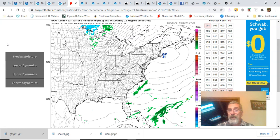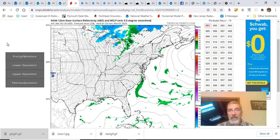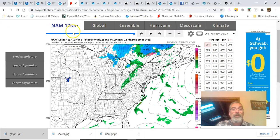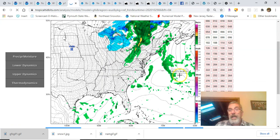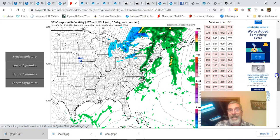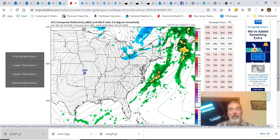Saturday will be cold, but at least it'll be sunny and temperatures will be in the 40s, and we should rebound into the 50s on Sunday, but we do have another cold front that will be approaching Sunday afternoon. So some clouds will come into the mix. And this is with a strong upper trough that's going to be moving into southeastern Canada and northern New England. There might be a shower sometime Sunday evening,